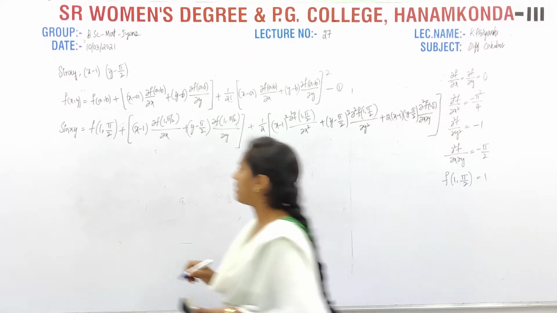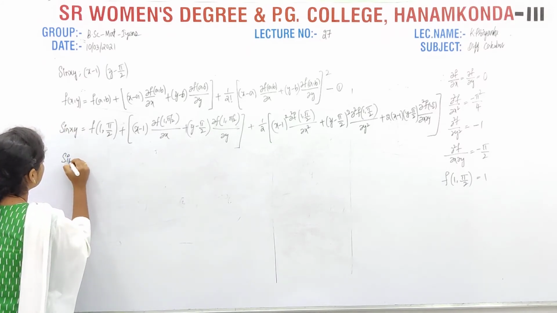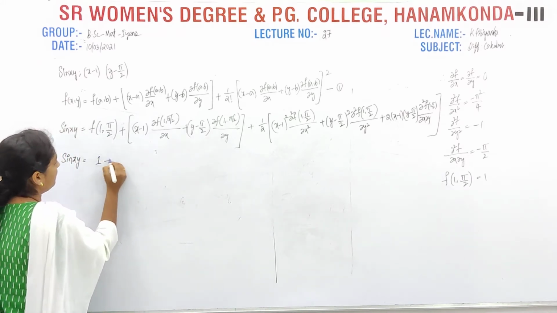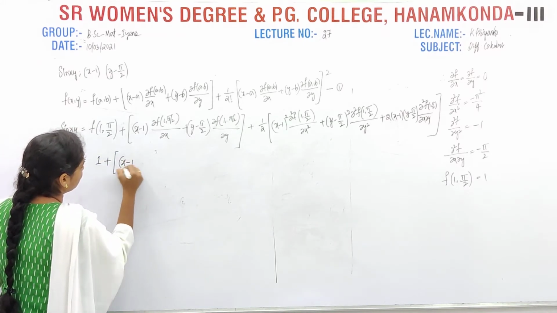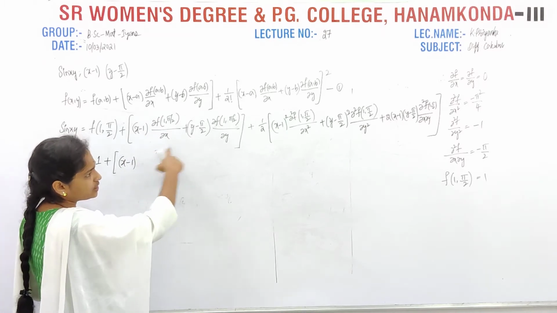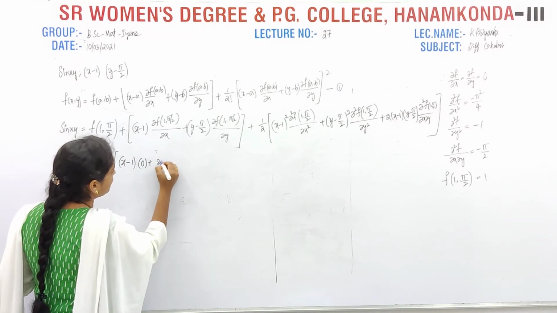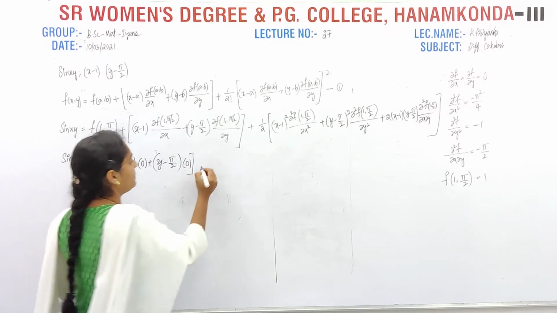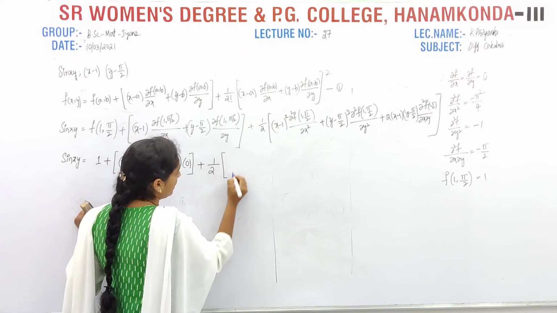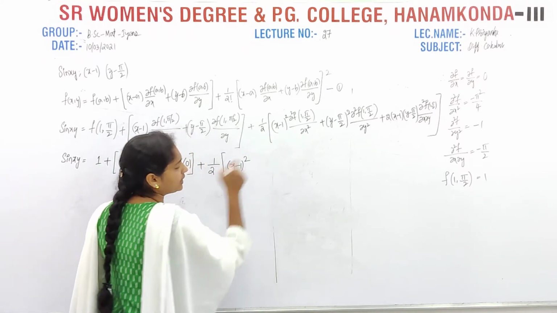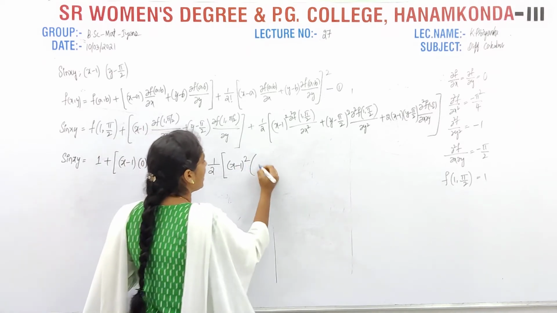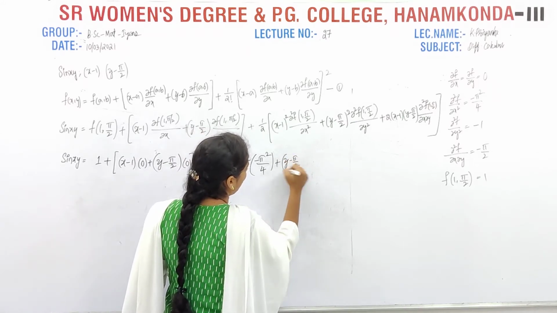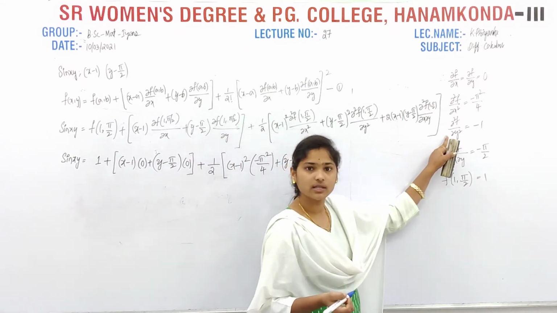Okay, so finally we have the required values. Now I am substituting: sin xy equal to f(1, pi by 2), which is nothing but 1, plus (x minus 1) into ∂f/∂x, at this point is 0, plus again here (y minus pi by 2) into 0, okay, plus 1 by 2 of (x minus 1) whole square, and ∂²f/∂x² is minus pi square by 4, okay, plus (y minus pi by 2) of ∂²f/∂y² is minus 1.